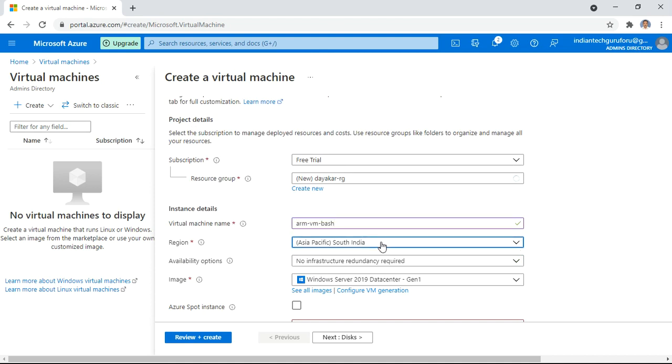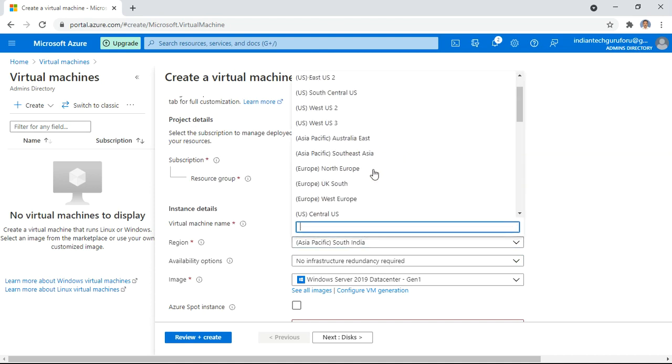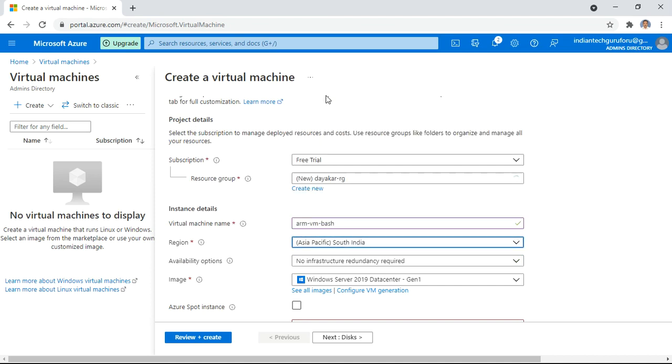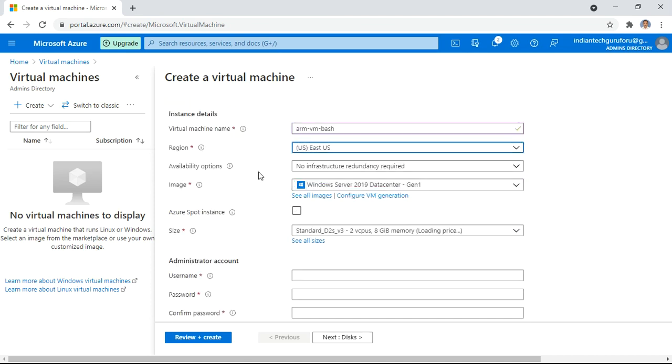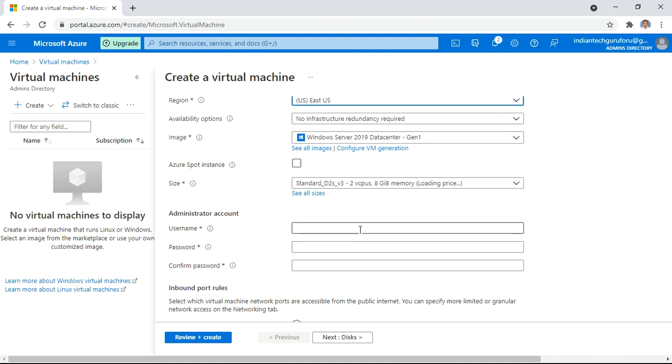I am going to select the region as East US, and I am not going to implement any redundancy. As usual, I am going to select Windows Server 2019 data center, and then size I am going to select D2S V3. All these things we have already seen in the previous classes.